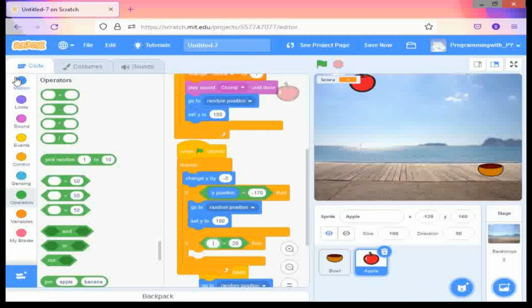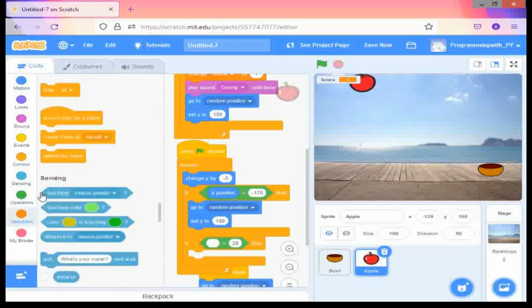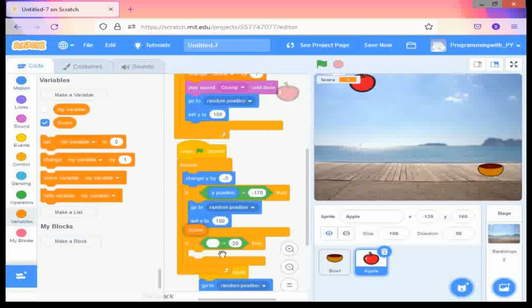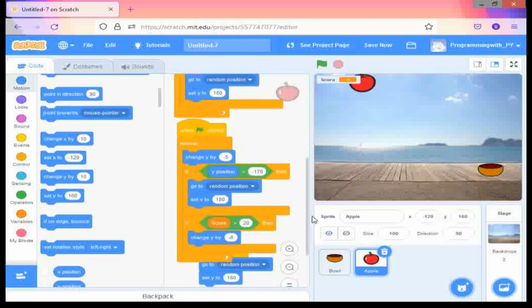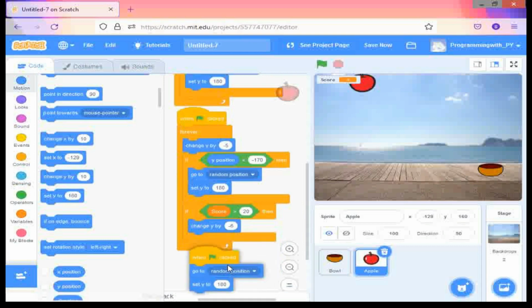Then go to variable, take the score and keep it here, and now go to motion, change y by 10 and change it to -6. This will increase the speed of falling of the apple.